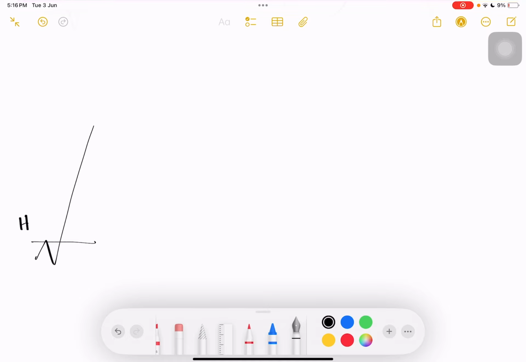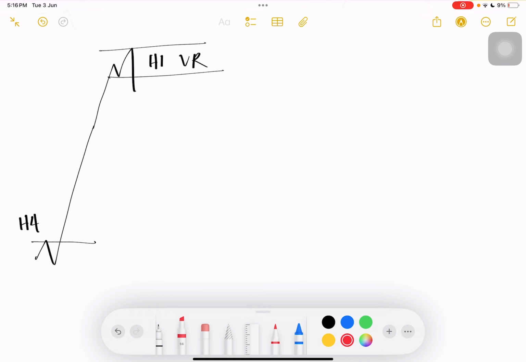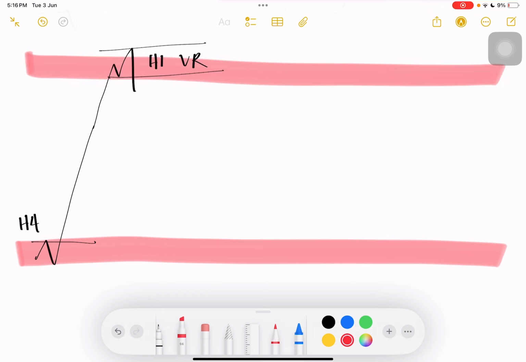H4BO. Then H1VR. So my range, okay, this is my range. Okay, settled. To that, like I said, firstly I will wait for M5VR, M5CF. Pull back, entry, and then what I will do, I will wait for